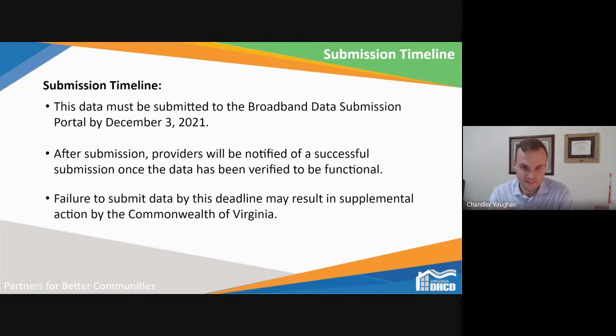And once the data has been verified to be functional, that'll be the folks in our office partnering with the folks from Virginia Tech to notify that the data we have is good, functional, and acceptable for mapping purposes. And then failure to submit that data by the deadline may result in supplemental action by the Commonwealth of Virginia.